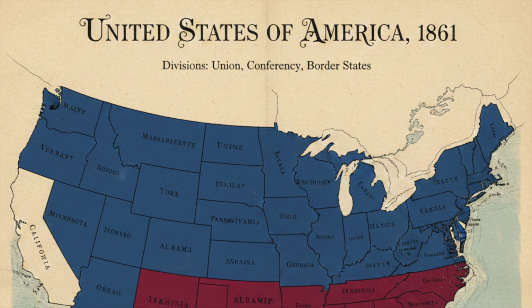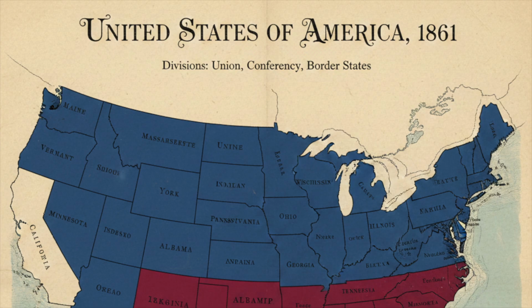The consensus among historians today is definitive. The disagreements between the slave states and the free states were the fundamental cause of disunion in the war. The issue of slavery wasn't just an issue. It was the central fault line running through American politics, really from the moment the Constitution was drafted. And the core debate, to be really specific, wasn't just about the existence of slavery where it already was, like in Virginia or South Carolina. It was all about the expansion of slavery into the new Western territories.